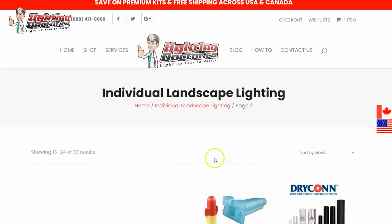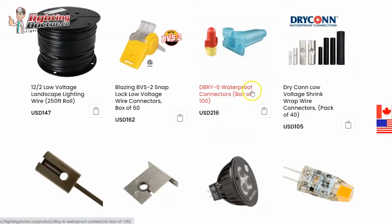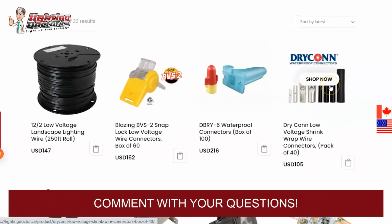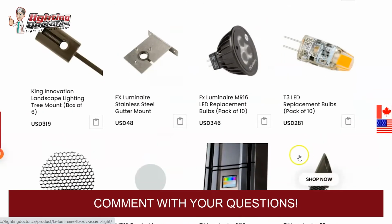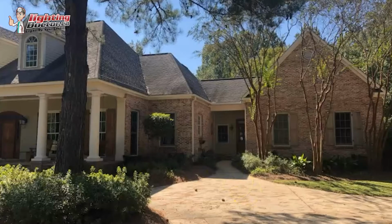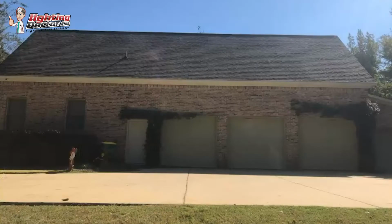But most of the stuff you're going to find in our videos, you're going to find on the website here, like the tree mount, some of the shrink wrap connectors. The only thing that's not on here is some of the zip ties I talk about. But again, we can help customize some of that stuff. And then lastly, on the garage,